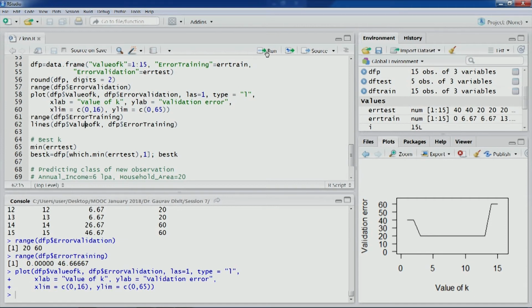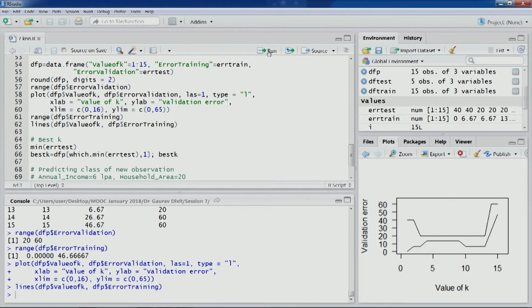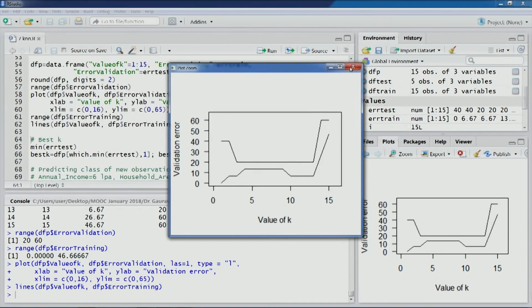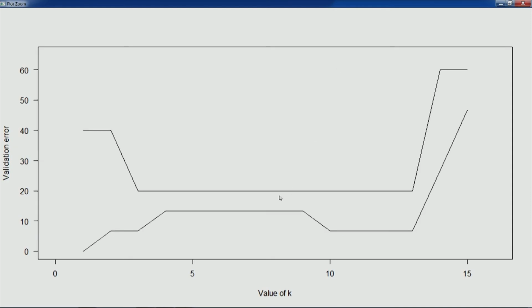Let's also add the curve for training partition. Now this is the curve. Now we look at this, let's zoom in. If we look at the plot, you would see that in the training case, as we start from 0, the error is on the lower side, and as we keep on increasing the value of k, the error keeps on increasing, right, few dips here and there, and then it keeps on increasing.